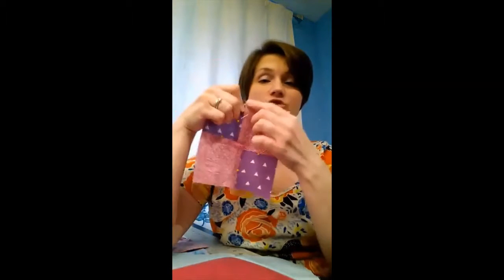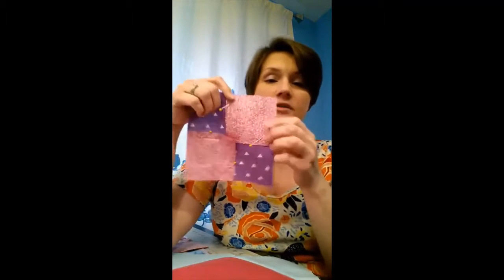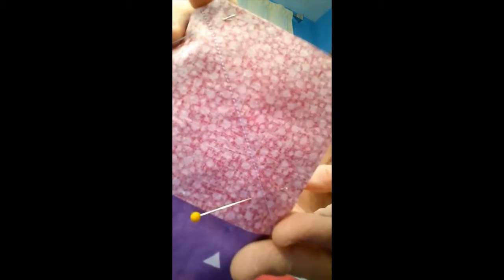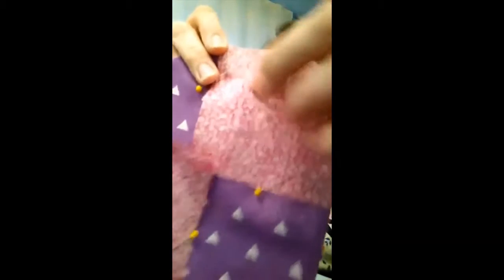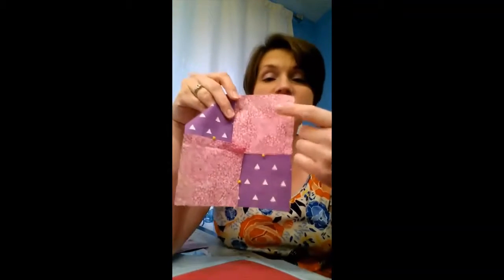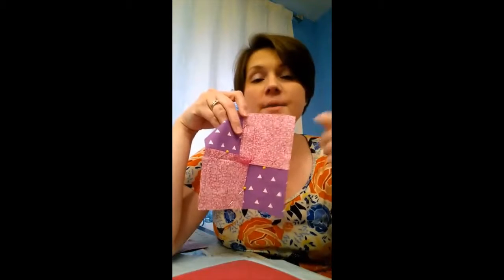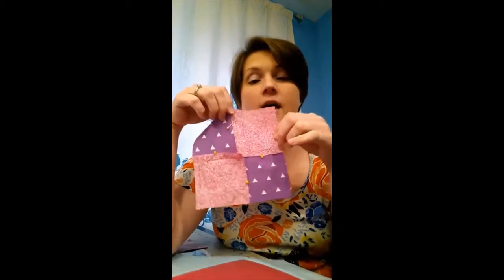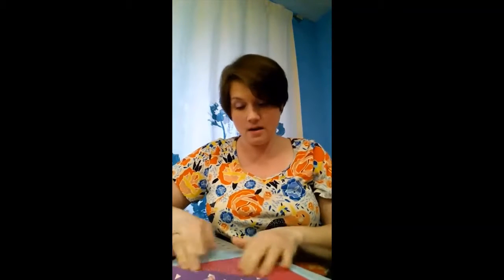Basically, you just draw a line from one corner to the other. It's kind of hard to see on this color fabric, huh? Can you kind of see that purple line? And then when you sew, you want to butt it up on the outside of the line. Kind of like you're still chomping on that drawn line, but not in the center. You want it to be on the very outer edge of it. Doing that kind of makes it a scant seam, and when you go to press it open,